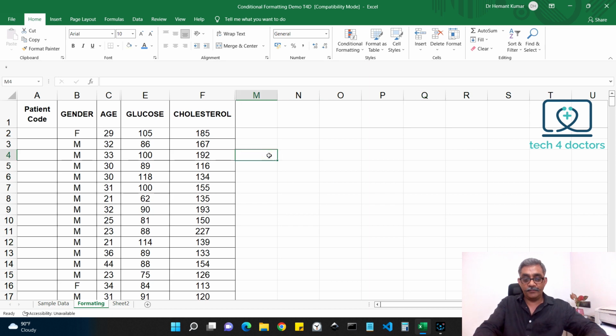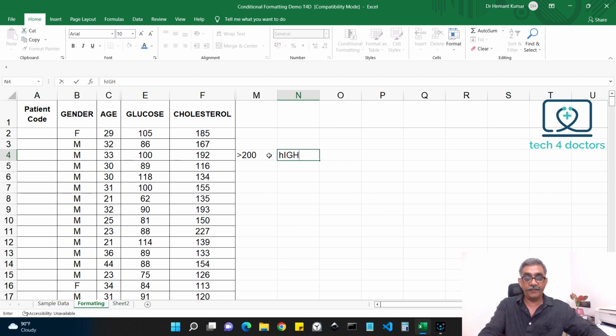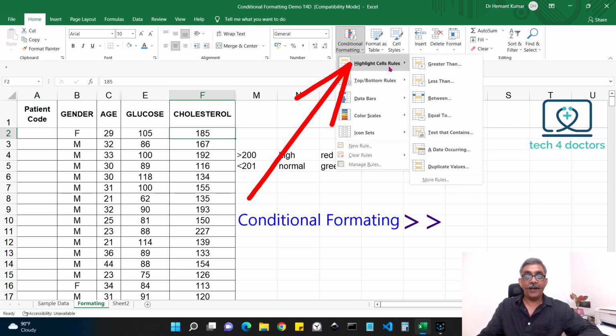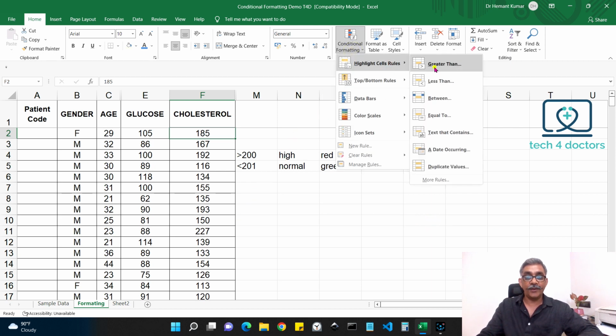Now we know that more than 200 milligram per deciliter is high. And let's say we will color it red, and less than 200 would be normal. So we will color it green. Three simple steps. Click on the first cell in the range, go to conditional formatting, highlight cell rules, click on greater than